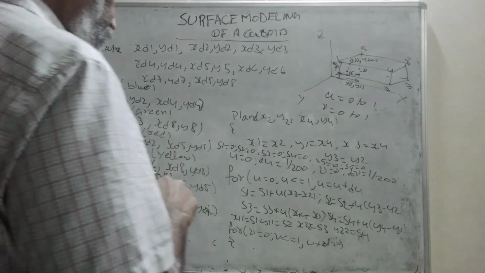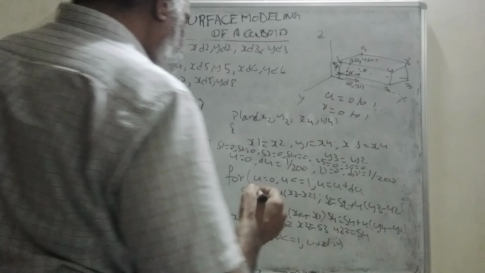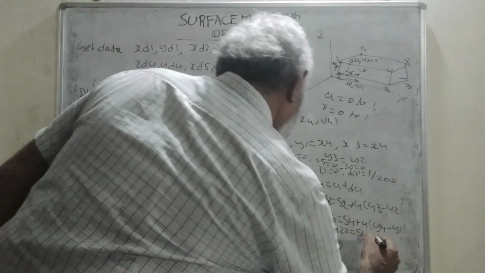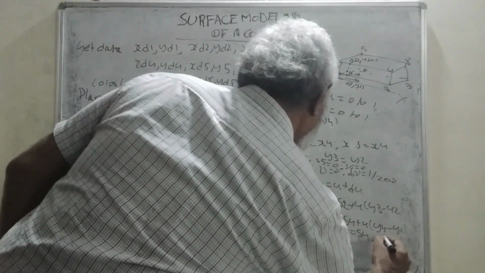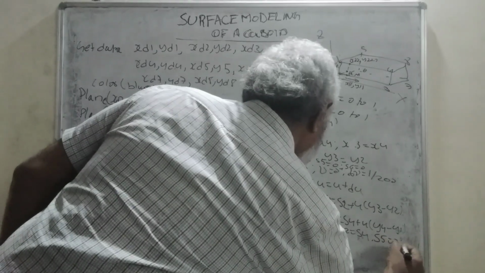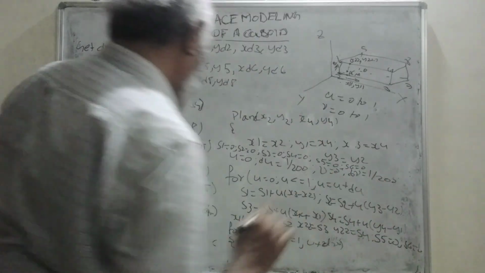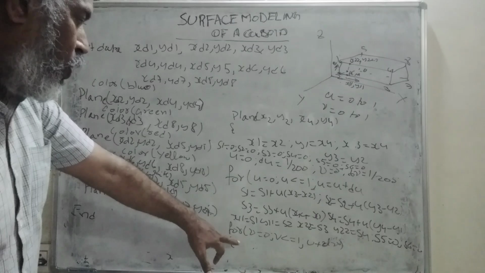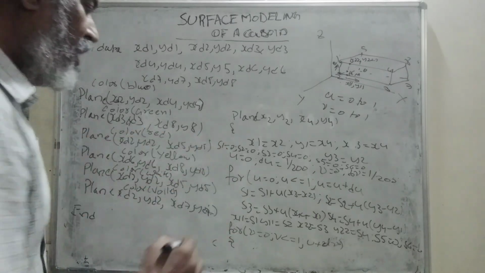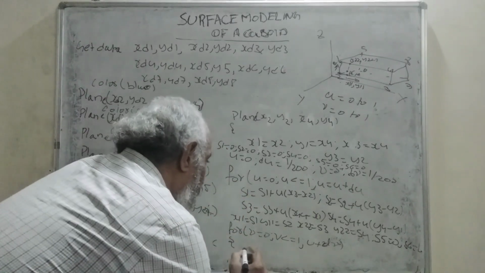Now here again you are getting S4. Before going into this particular loop, you are trying to get S5 is equal to 0 and S6 is equal to 0. These are the two sums you are trying to make, because you are completing this for loop and again go to the U loop. So here